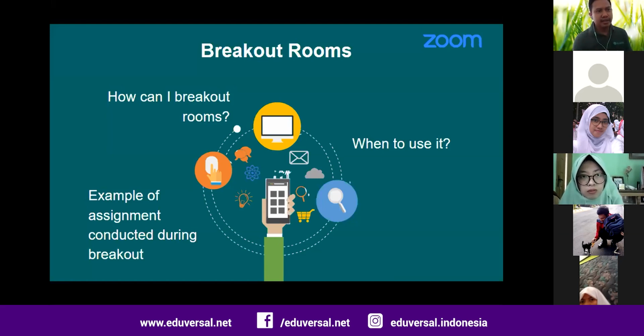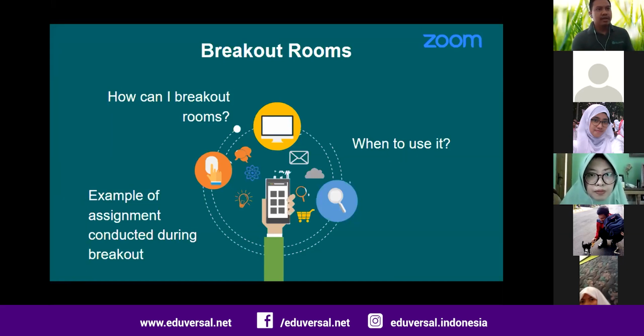After the keynote speaker, you will have a breakout or parallel session. For example, in room 1 they explain about online learning, in room 2 about the Zoom application, and in room 3 about Google Classroom.